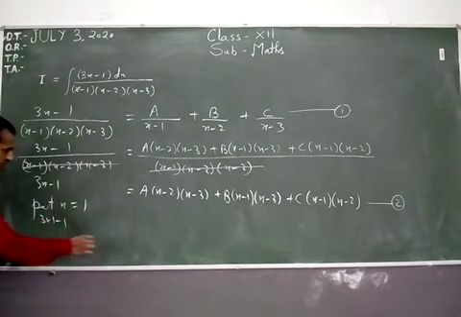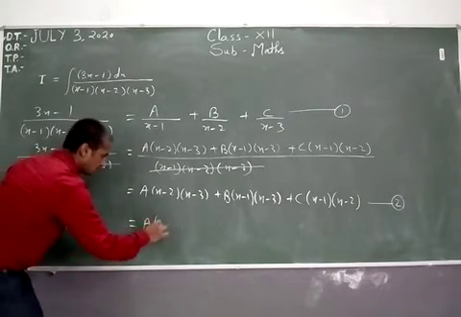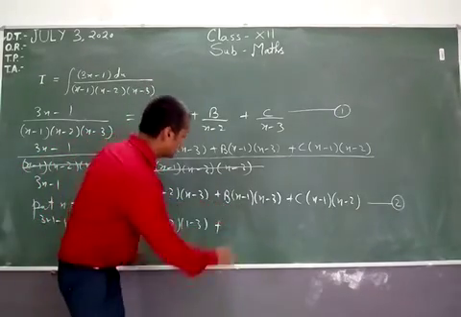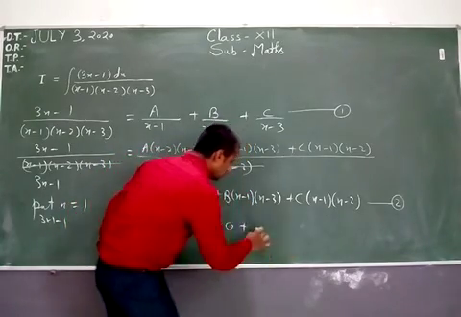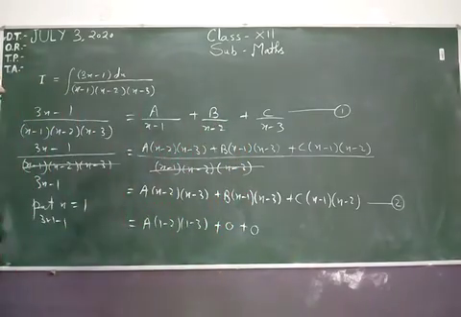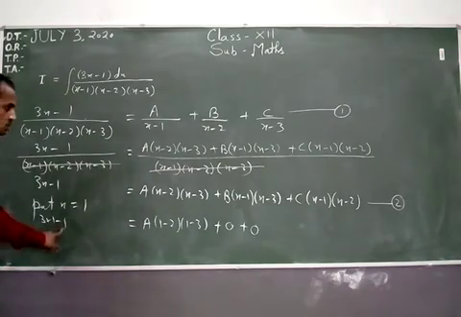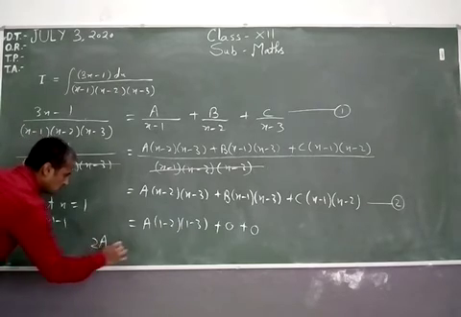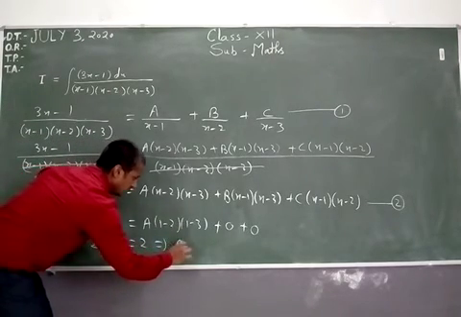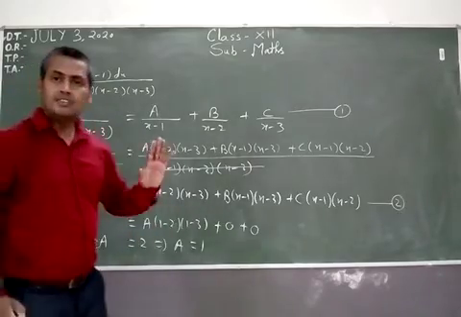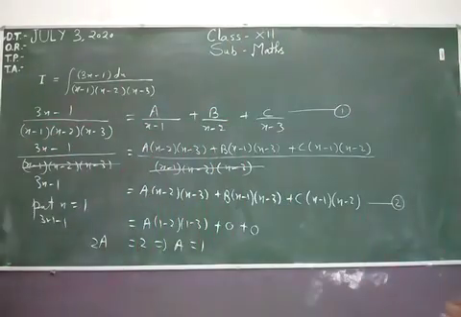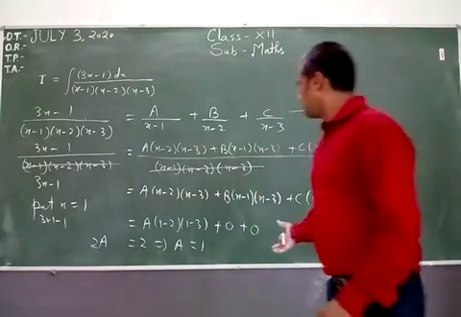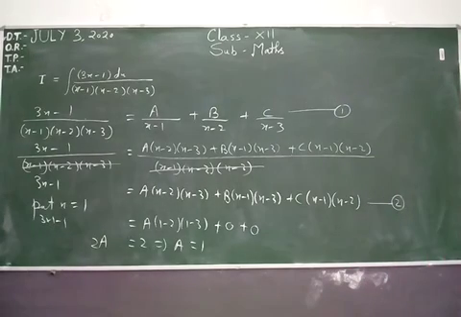Now we put x equal to 1 to find the value of A. 3 into 1 minus 1 equal to, if I put x equal to 1, this will be 0 and this also 0. We can find the value of A easily. 3 minus 1 is 2, and (1 - 2)(1 - 3) is 2, so we can write 2A equal to 2, which implies that A equal to 1. Similarly, we can find the arbitrary constants B and C. We substitute x equal to 2, x equal to 3 to find the values of B and C.